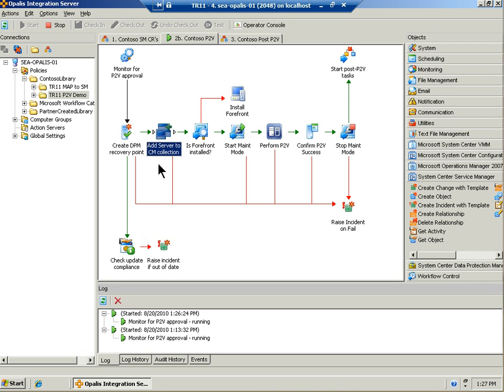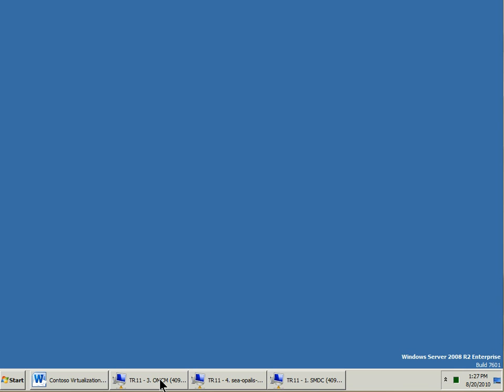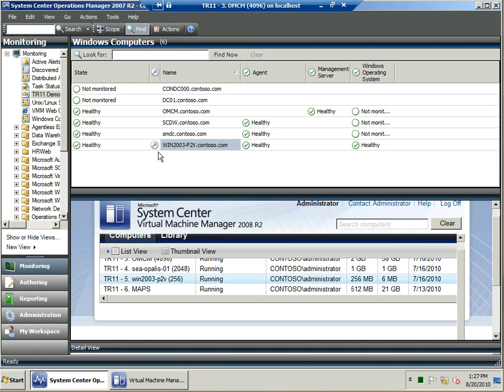We are going to add the server instance to a Configuration Manager collection, check that Forefront has been installed and is up to date. Then we're going to put Operations Manager into maintenance mode and then complete the P2V. We will poll Virtual Machine Manager, waiting for that P2V to be complete, take it out of maintenance mode, and then carry on. Once again, if anything goes wrong through that process, we fall out and raise an incident on fail. So if we go and jump across to our console here, what we'll see is that the little maintenance